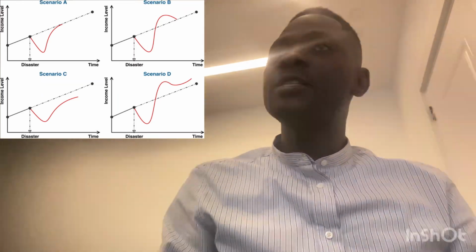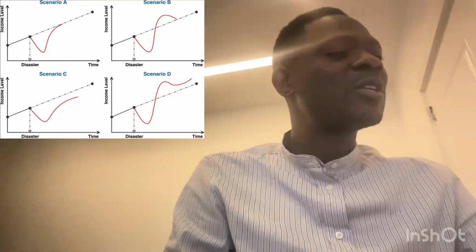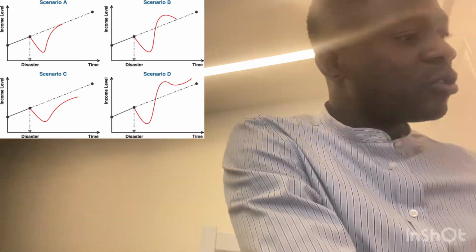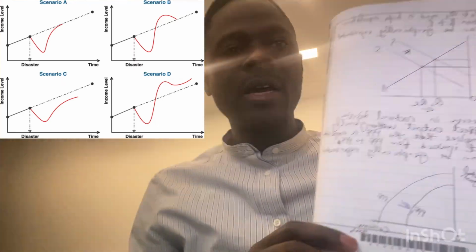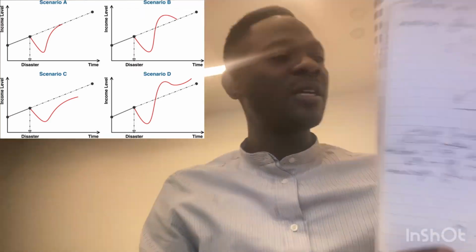Then an increase in natural disasters also will affect output. That's GDP now. It will affect output globally. This implies that the PPF is expected to shift inward from PPF to PPF1. This can be graphically represented as this. So an inward shift from PPF to PPF1 due to natural disasters.